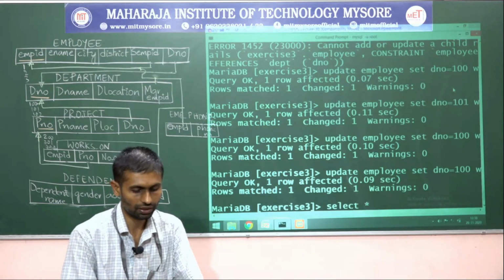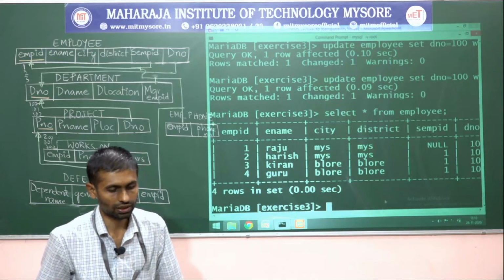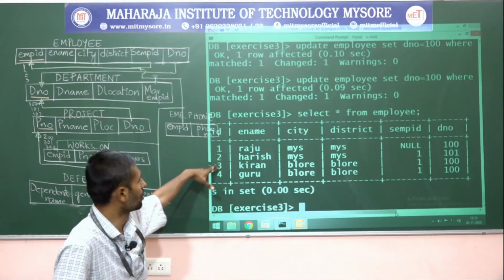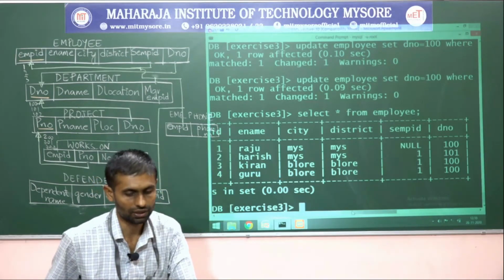Now we will look into the data of the employee table. Yes, we got the data where 1, 3 and 4 belong to department number 100 and 2 belongs to department number 101. That is it.